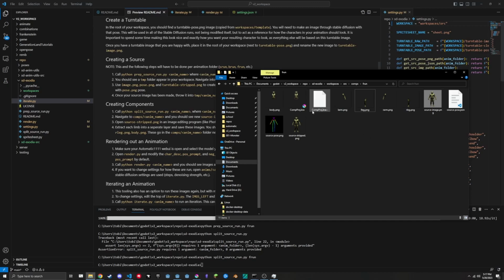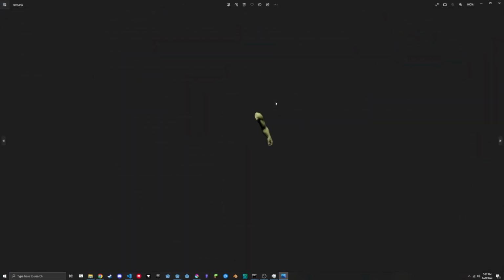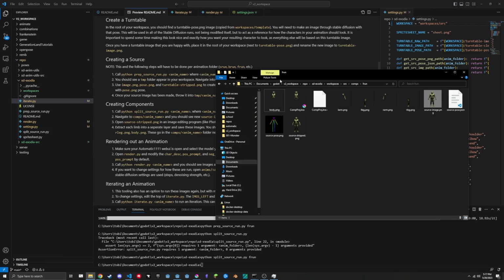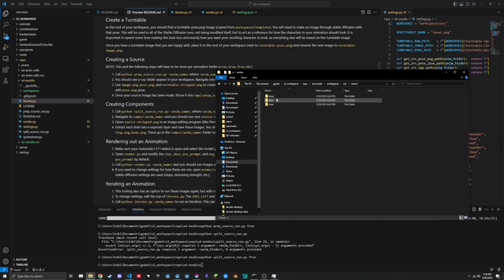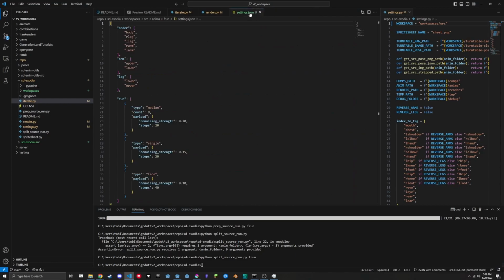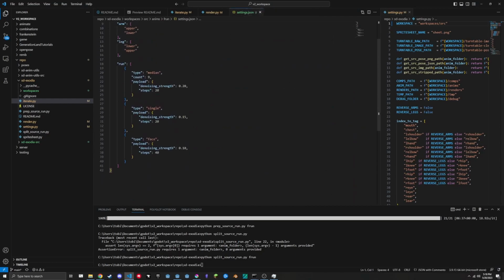Okay, so I went through and made all of the components for the front run, and now we're ready to run through another render sequence for this. Something that I do with the front run is a little different in the settings. If we head over to Atoms, Front Run, and the settings JSON, you can see that I have a new type in the run called a median,